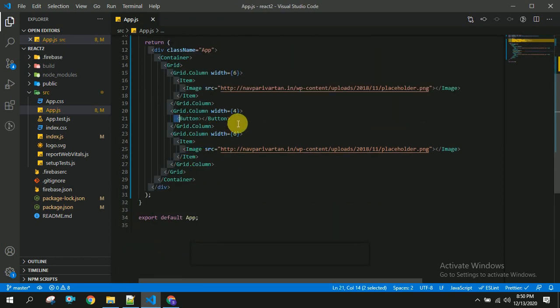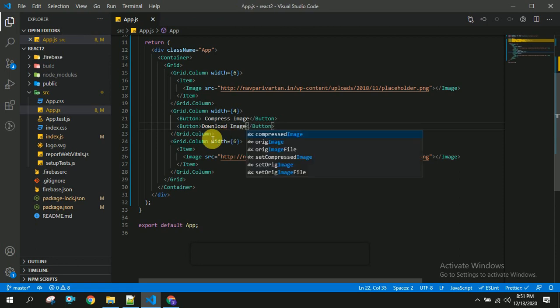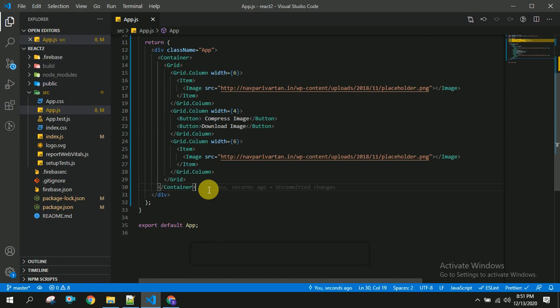I need two buttons like this. One is for compressing and the other one is for download. This is the compress image, and the next thing is download image.